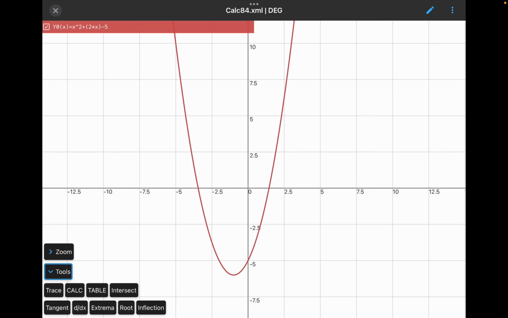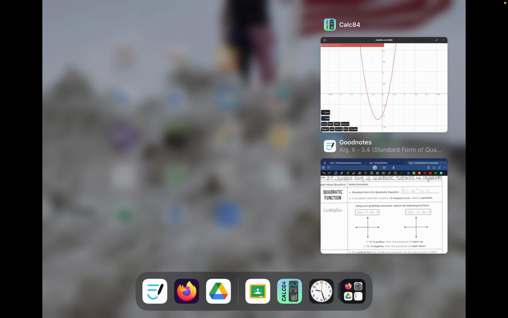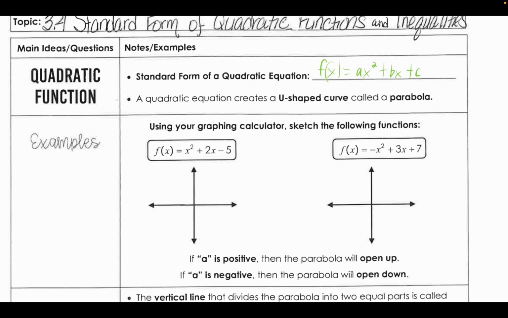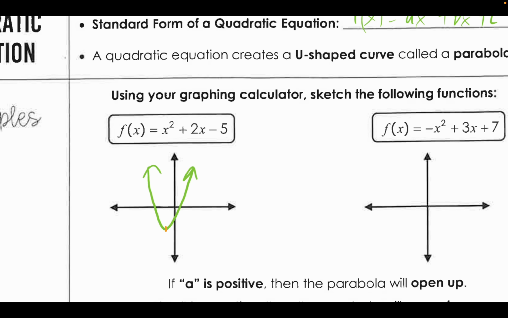So we're going to go ahead and just make a sketch here, noting that the bottom part of this graph, which is going to be our vertex, similar to how we had the vertex of the absolute value, is to the bottom and left, so down and left of the origin. And so I'm going to graph this accordingly, looking something like this. Doesn't have to be exactly perfect, but just something like that. And I want to note here then, as I mentioned, that this is the vertex,